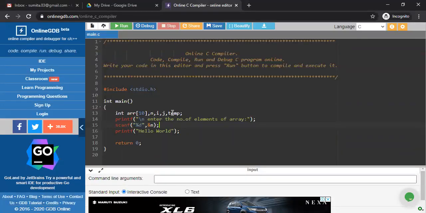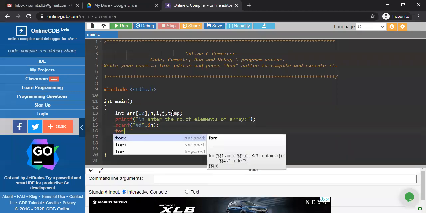Now, after giving the value of n, you have to put all those elements. Am I clear or not? Yes, ma'am. Okay. So for that particular reason, what are you writing? Ma'am, I have to run a for loop so that I can take the elements one by one. Okay.